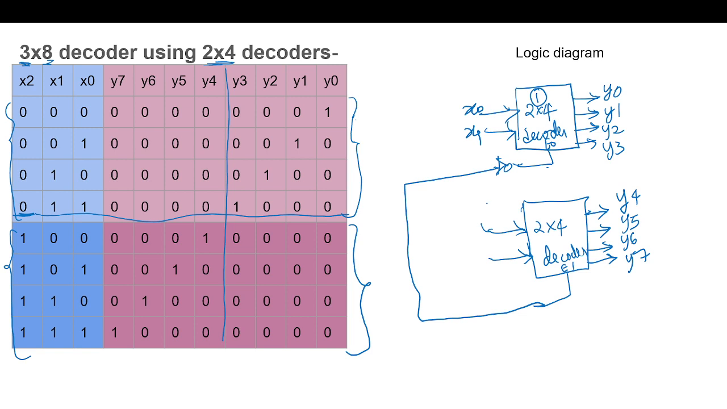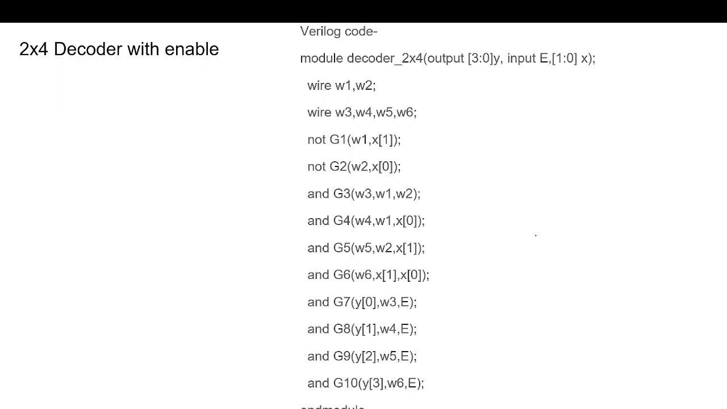x0, x1, x0, x1. So this is the 3 cross 8 decoder using two 2 cross 4 decoders. For this we need a decoder with enable signal. For every AND gate operation I have to perform with the enable signal also. So first, all the 4 outputs we have to AND with the enable signal, and enable will be